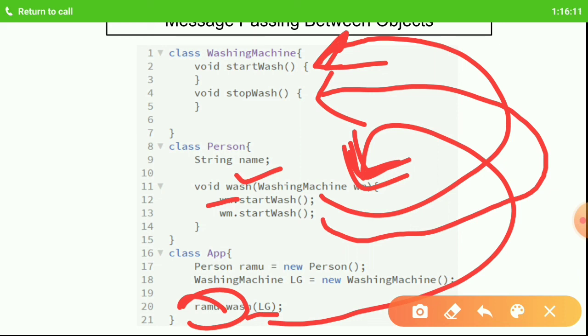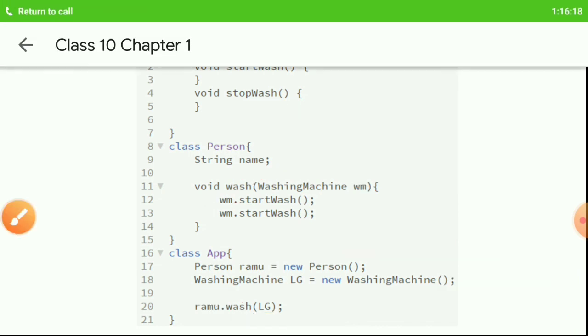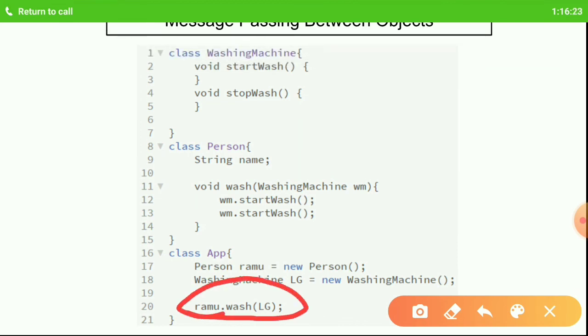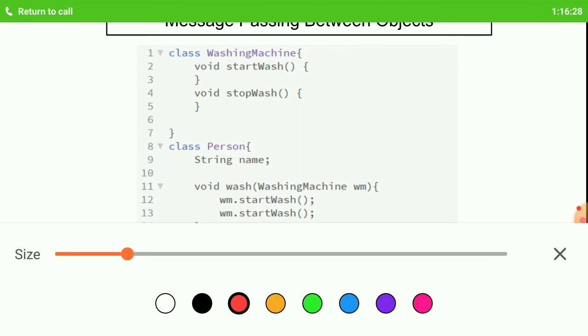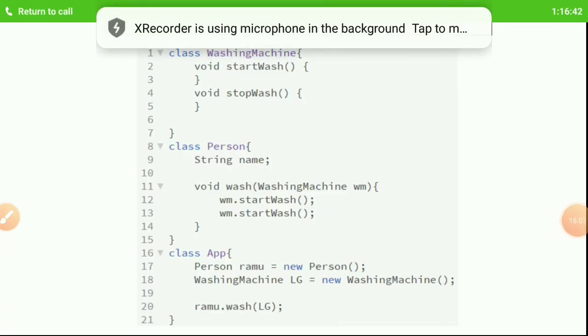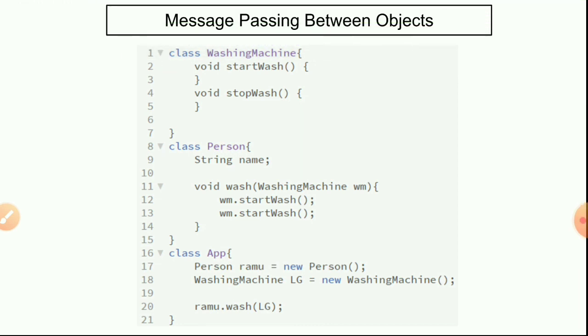So you can see how two different objects are communicating here. The Ramu object is using the washing machine object. Ramu is the person who is initiating the start wash and stop wash functions, which belong to the LG washing machine.